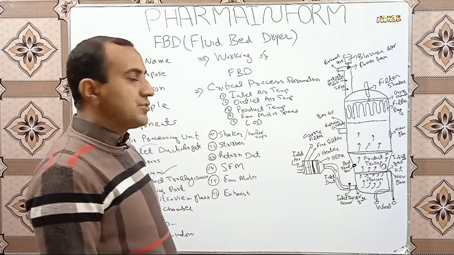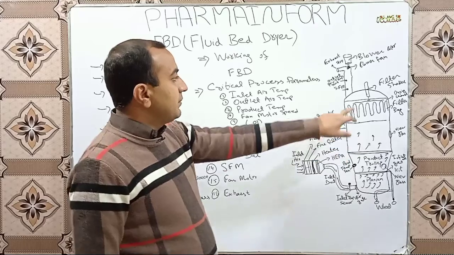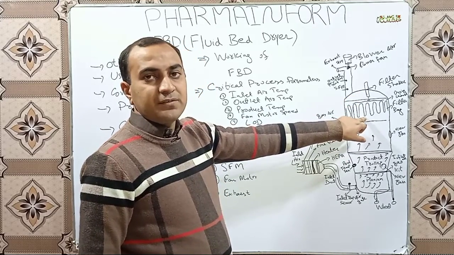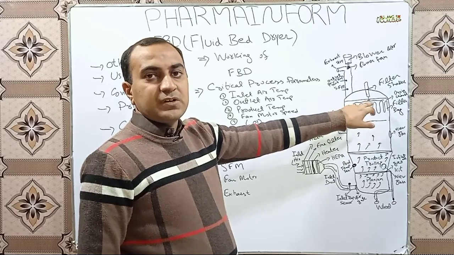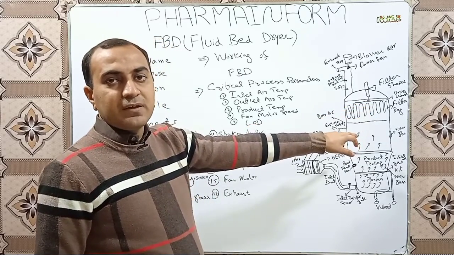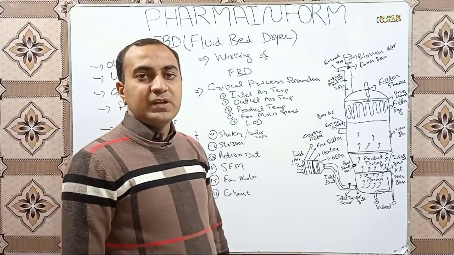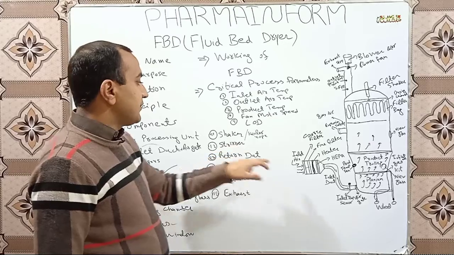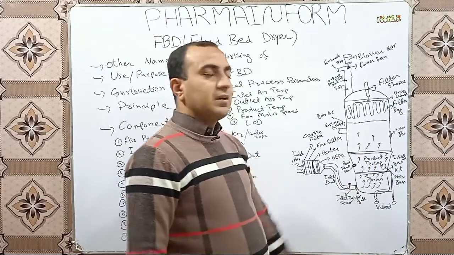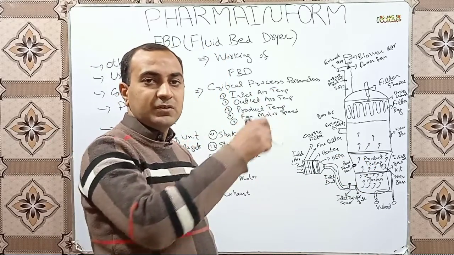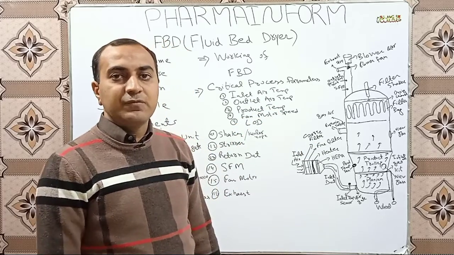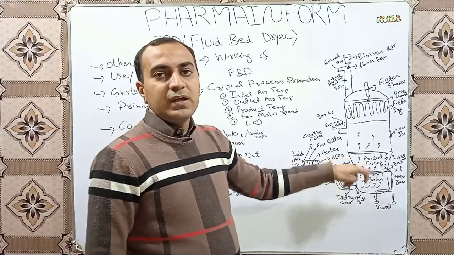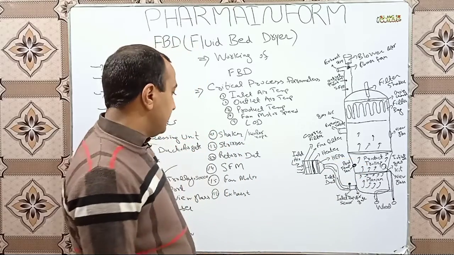The next one is the shaker. The shaker is basically for shaking the filter bags, because these shakers automatically shake the filter bags or finger bags after a specific time interval and prevent their blockage. The next one is the stirrer. In the product trolley, a stirrer is attached which revolves after a specific time interval to mix our product inside the product trolley, and it helps to break large lumps.